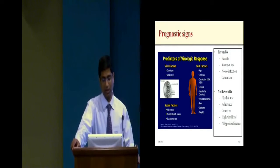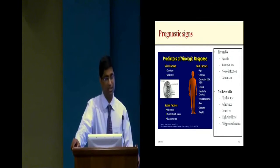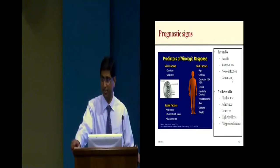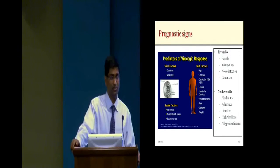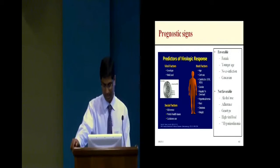So all these things are going on in my mind, and some that are very favorable with regard to response to therapy are female gender, younger age, no co-infection, and Caucasian race. Not favorable are obviously active alcohol use, lack of adherence to therapy, genotype 1, as I said, which has less response to what we have, high viral load, and underlying insulin resistance or diabetes. So one thing that stood out for a long time was that Caucasians have better response to therapy. African Americans have the lowest response to therapy. And we just left it at race with no explanation until